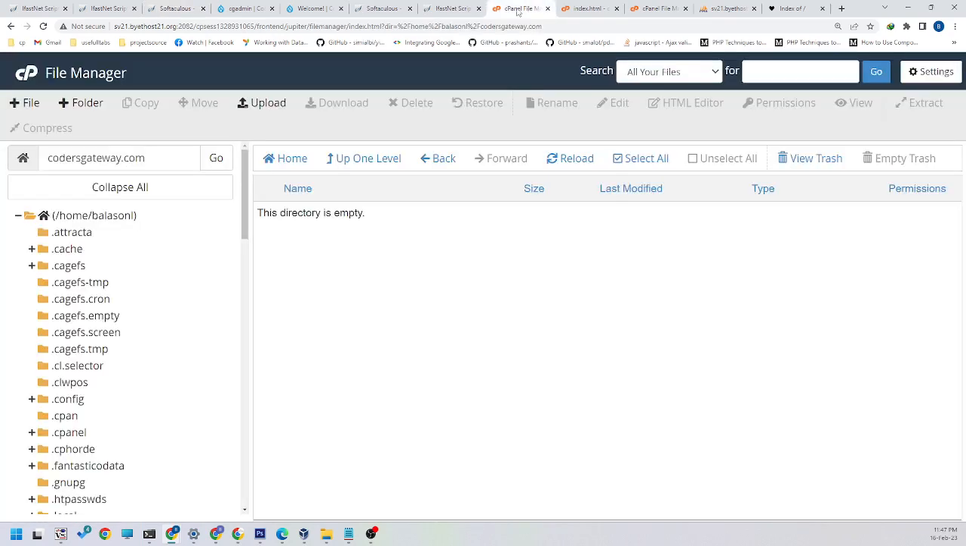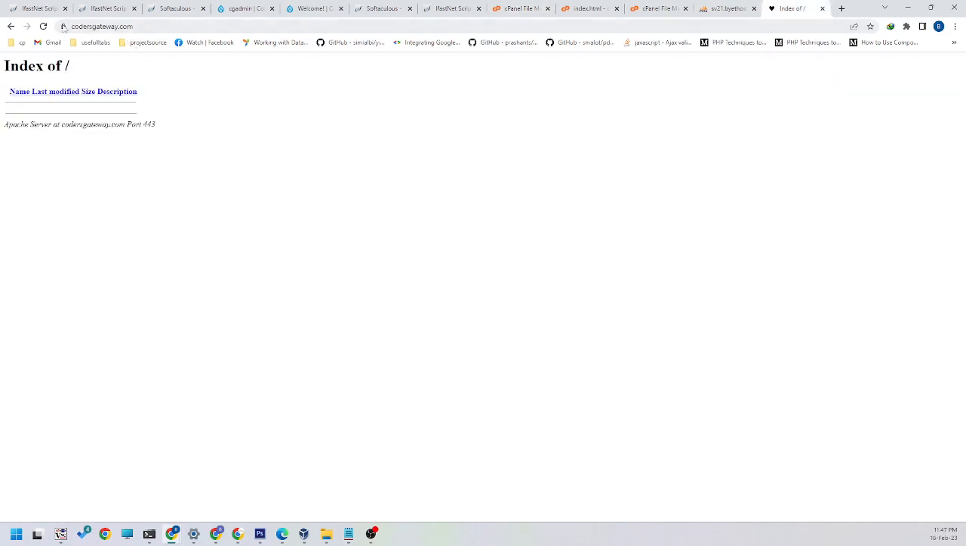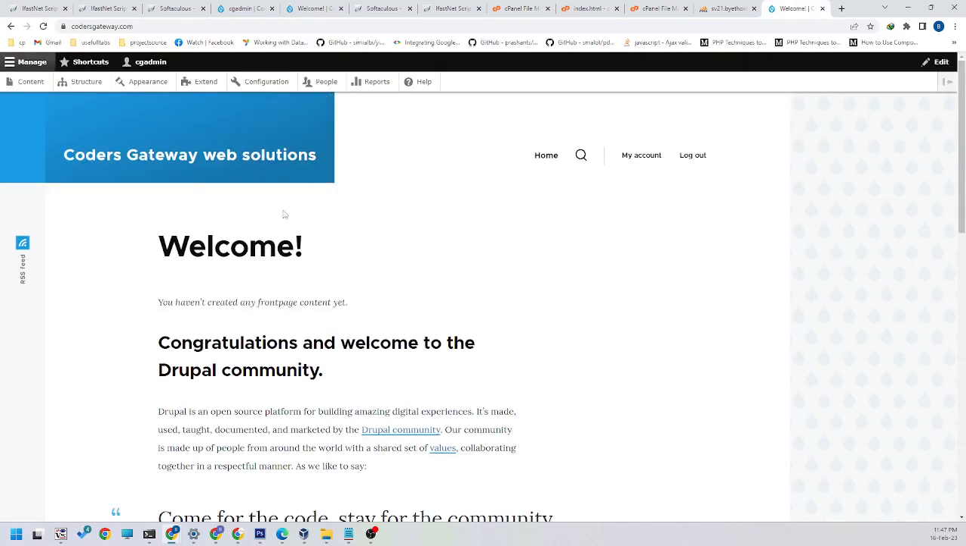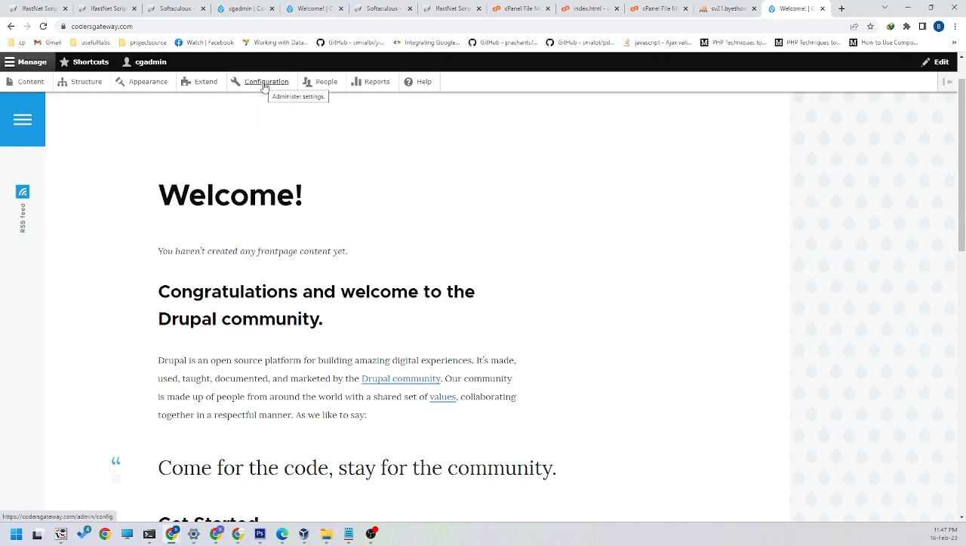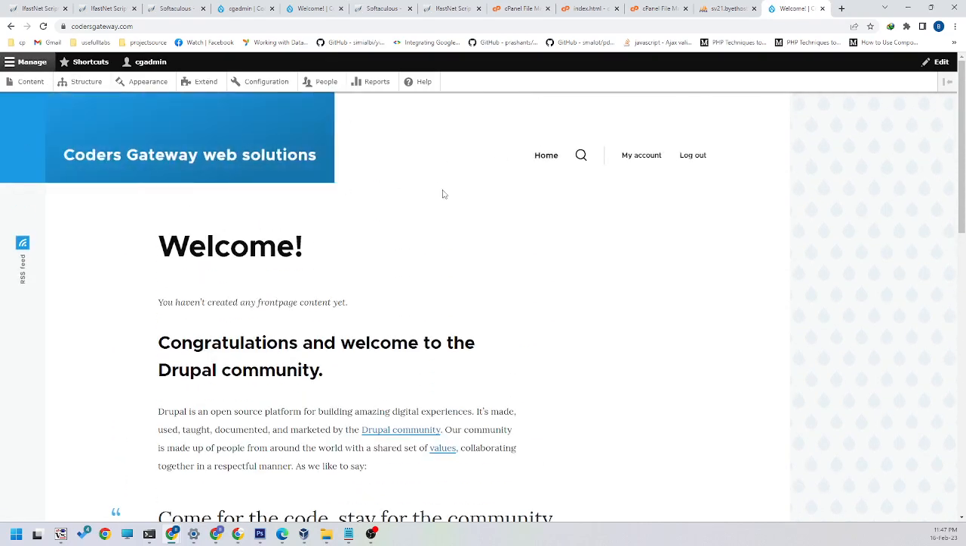In your location, if you refresh it, you can see that all the files are ready in your root location. Now if you refresh it, it is going to display our details, and then I can configure all my data, and then the site will be up and ready